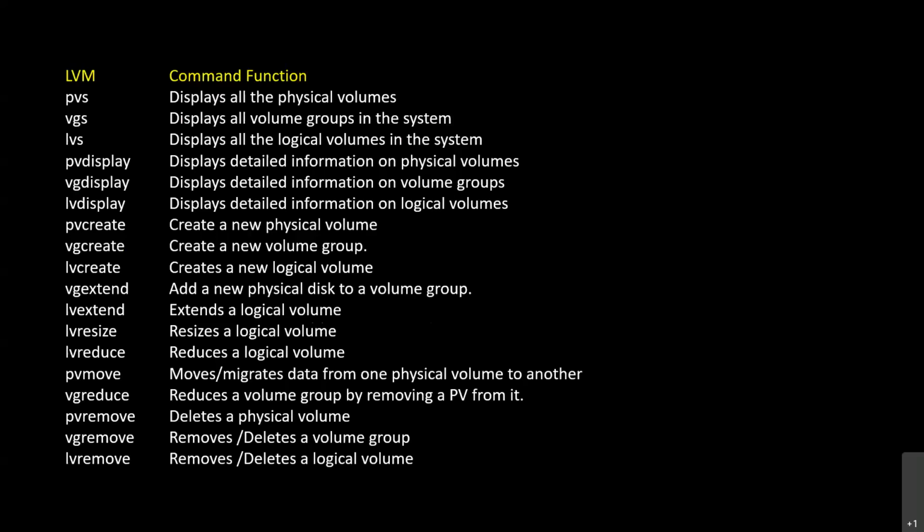logical volume. And here one important thing, if we are using lvreduce, then we should be very careful with this. So we should stop all the processes which are using that specific partition, and we have to move the data to another partition, or simply we can take a backup and then resize. But make sure you have stopped all the processes which are using that specific partition.